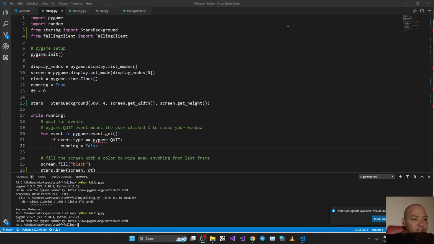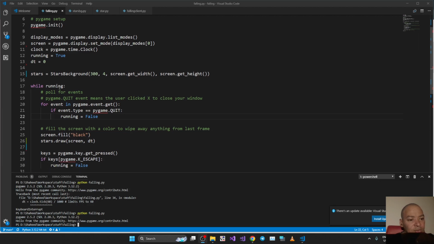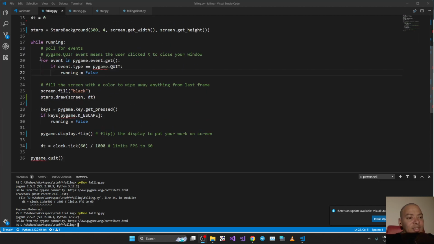So I'm just looking at this code. I tried commenting this out here, and I'm not sure why, but the moment I do that and click on the screen anyway, it just stops dead. So not really sure what's going on. I'm guessing the event.get and the key.get_pressed are dependent on each other. I'll check the docs later, but I'm going to extract this out into